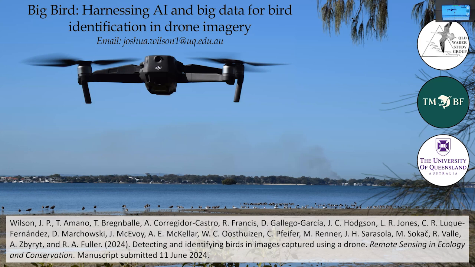Maybe I missed it, but have you incorporated a location filter for the classification result so that we won't have a Chilean flamingo in Australia? Yeah, I did look into that a little bit. What I decided to do instead is have that bar down the bottom where you can actually select what species are likely to be in the image.